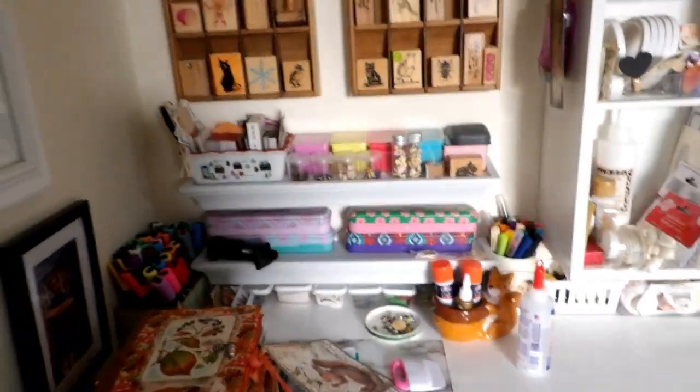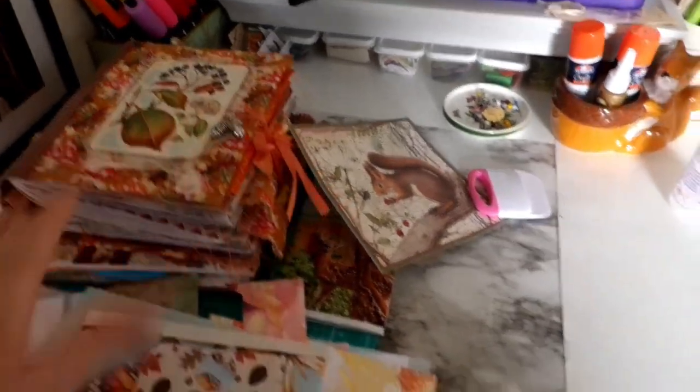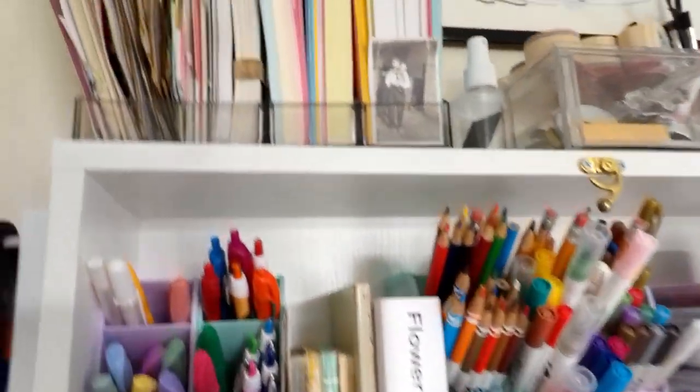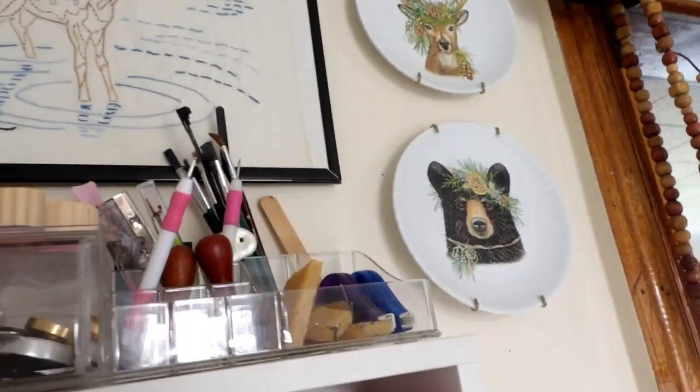Here I have my desk, which no matter how big I get my desk, I still need a bigger one. I've got some stamps, there's stickers in here, all these little doodads, acrylic paint markers, there's my current journal, some papers that I've been using. It's pretty self-explanatory. I have all scissors and stuff hanging there. Those are all like index cards. Mostly up there is my